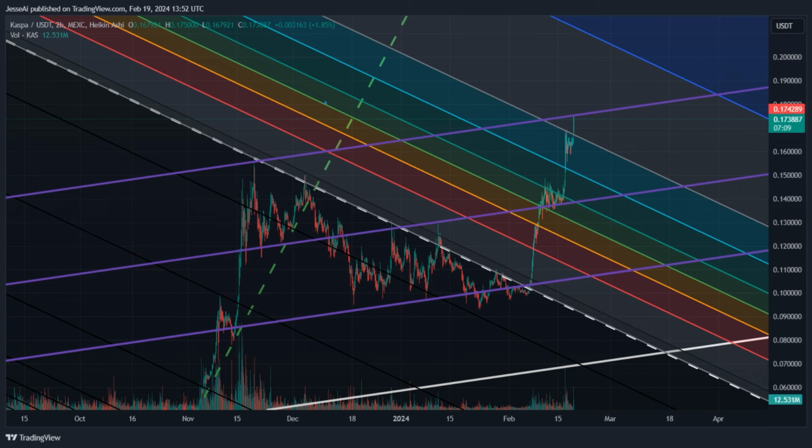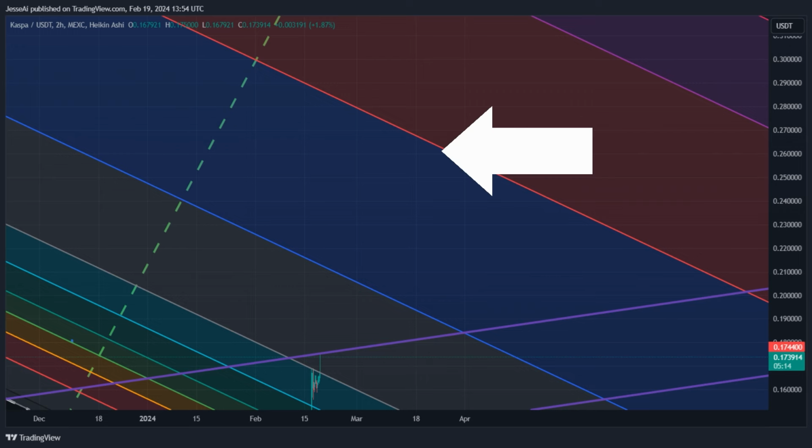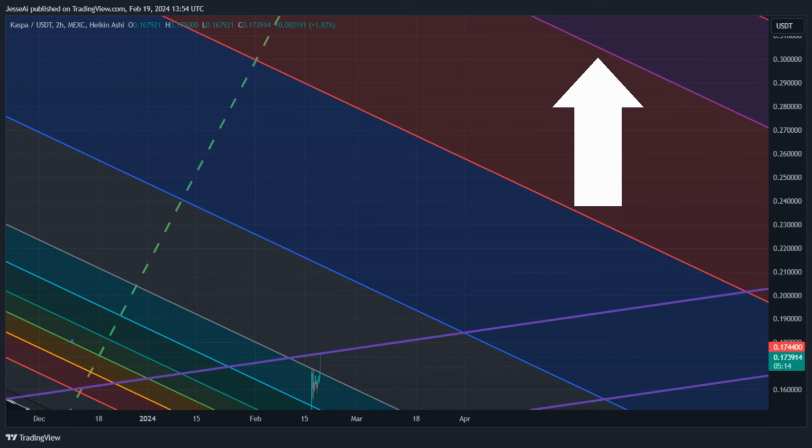As you can see, the November breakout stopped exactly on this purple trend line, and it's where we're stopping right now. We should get a few days of resistance right here until we finally break to the upside. Then we're going to have a massive amount of runway. The next time we'll run into resistance will be in between this blue and gray zone, right around 20 cents. After that, we're all the way up above 25 cents, and then our final resistance level until we meet the